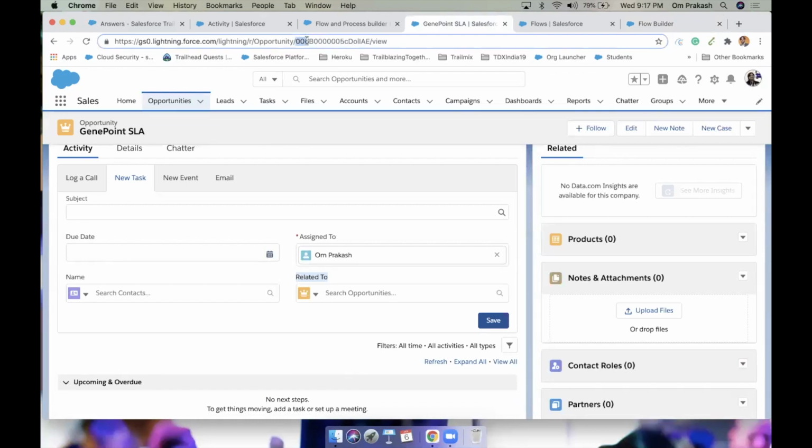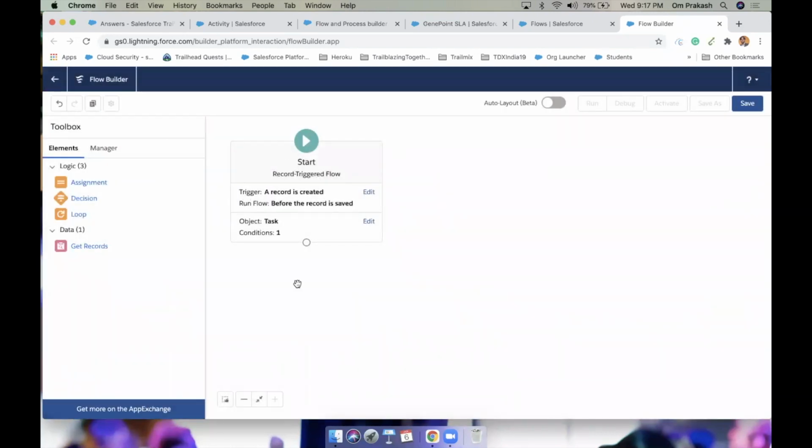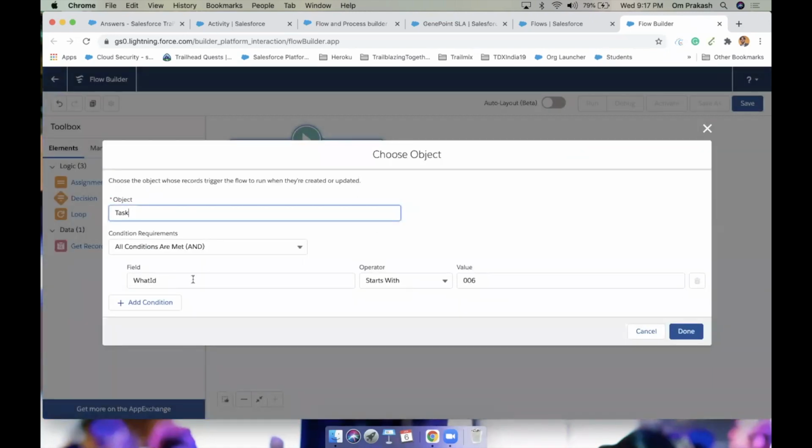It's a standard object, and we know this. So this criteria will return true, meaning this flow will start when a task record is created where the opportunity ID is linked in What ID. Well done.